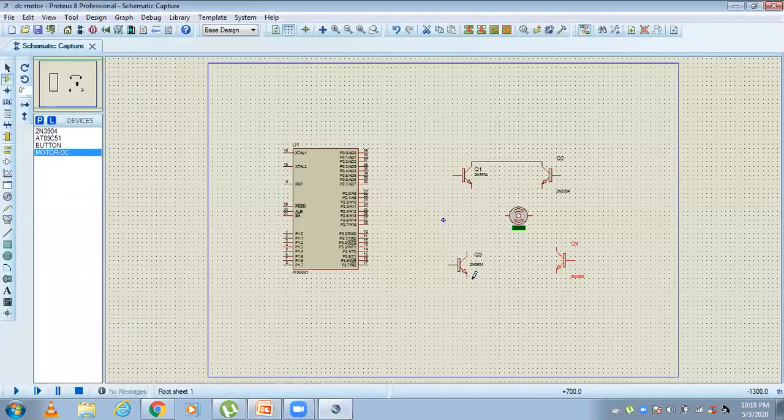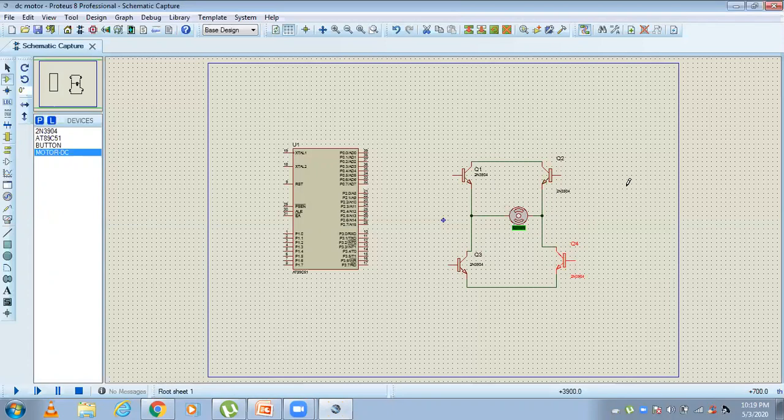Similarly, these two switches' emitter terminals are connected here like this, and this will be connected to the motor terminal. Similarly, this will be connected to the motor terminal, and this will be connected to the collector terminal of transistor Q4. Similarly, here also it will be connected to the collector terminal. So these are the connections we have to make.